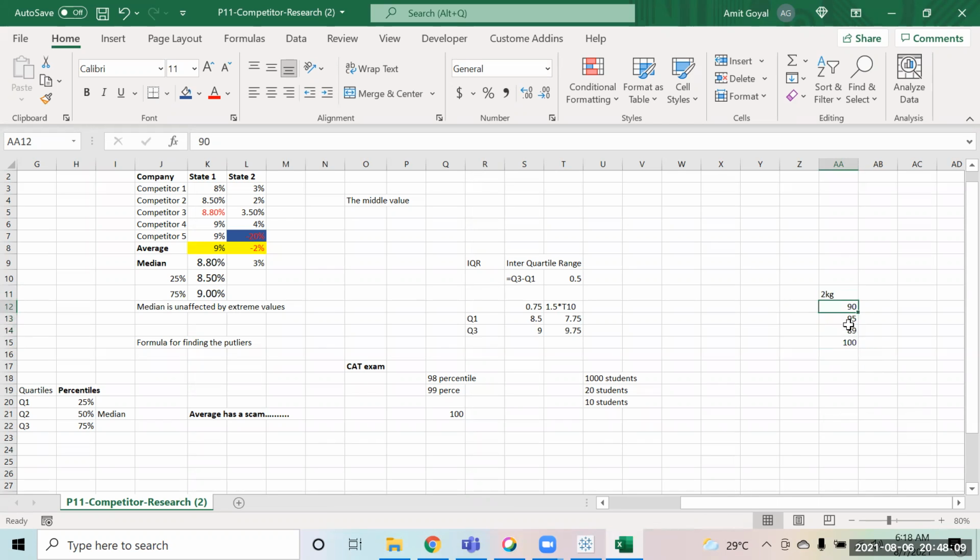Now I find the average. The average has reduced to 75 just because of that one very small baby of 2 kg, whom I have taken to consider the average weight. The overall average goes down to 75, which was previously 93.5. So can I say that this is an outlier?